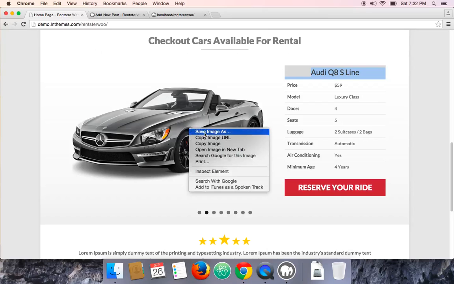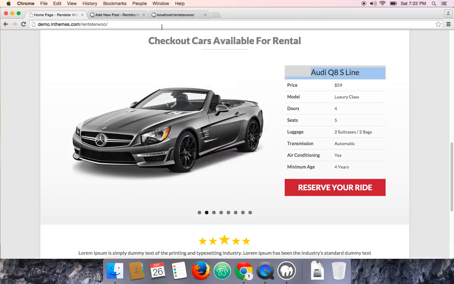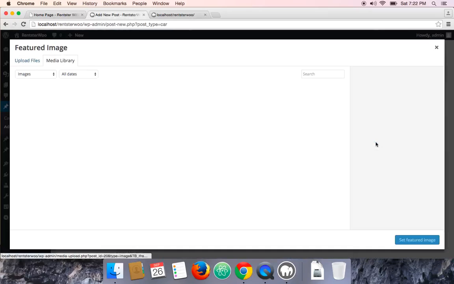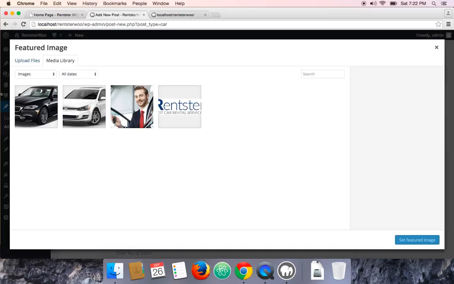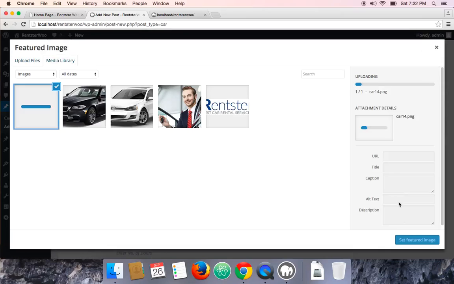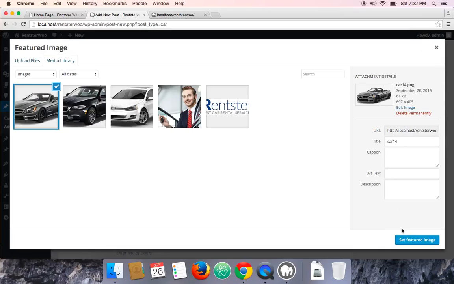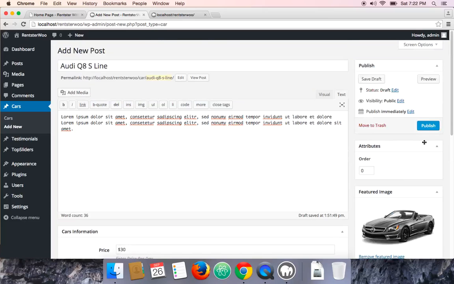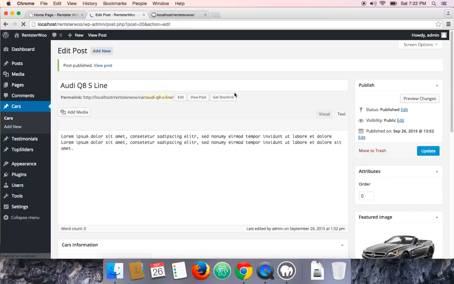I'll just quickly copy this image, and then go back to the set featured image section, and then upload the file. Okay, so the image is now uploaded. Click on set featured image, and the image should be showing here now, and then click publish.